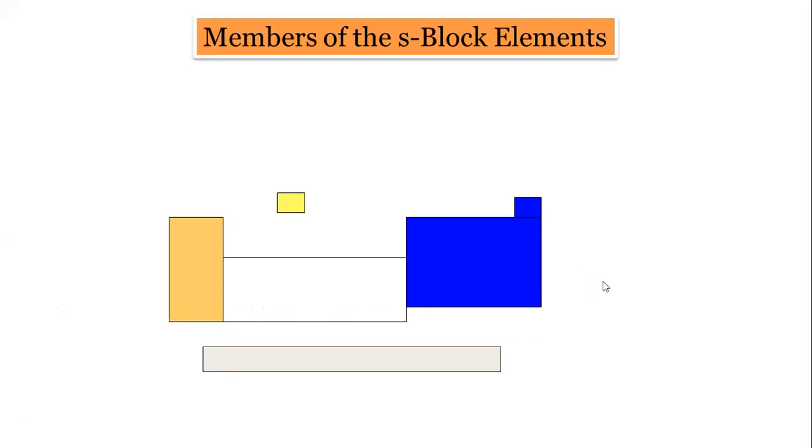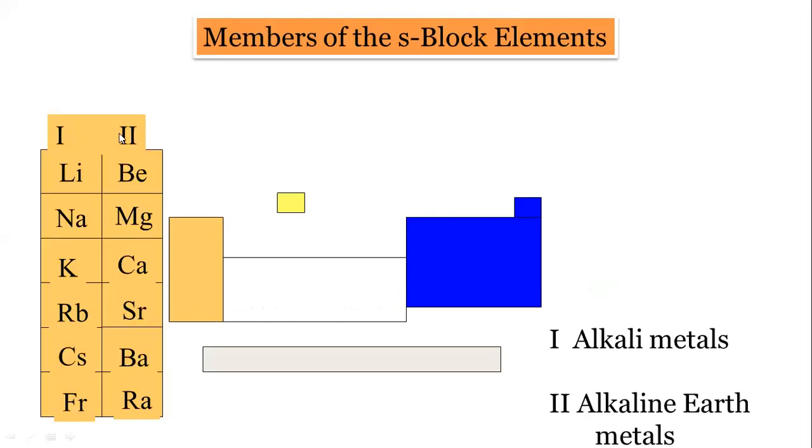Members of S block elements. So already I discussed that these group 1 and group 2 elements are present in S block elements. Group 1 elements are also called alkali metals. The name is shown here, alkali metals. All these are metals: lithium, sodium, potassium, rubidium, cesium, and francium. These are the names of group 1 elements. And group 2 elements are called alkaline earth metals. Both group 1 and group 2 comprise the S block elements because the last electron, the valence electron, enters the S